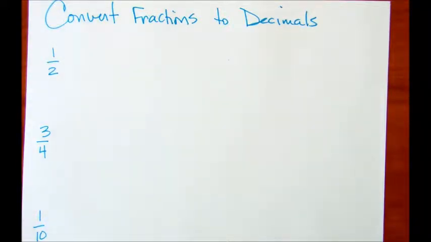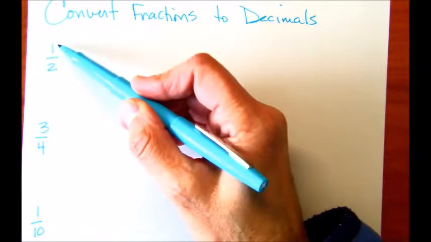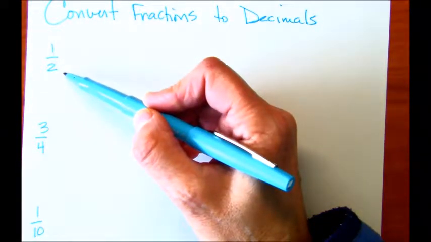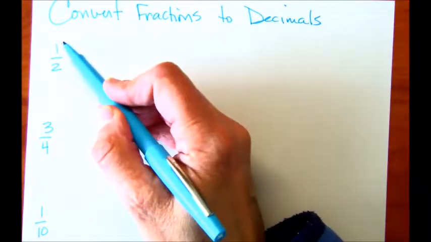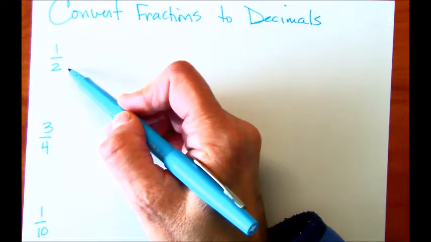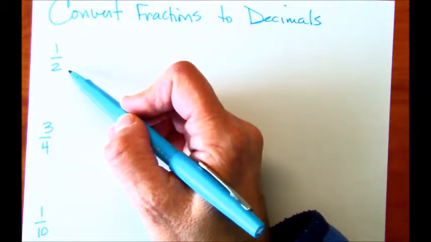I'm going to show you some examples of converting fractions to decimals. Now, when we've talked about fractions in the past, we've also talked about how they are also a division problem. This is really 1 divided by 2. Even though it looks like 1/2, 1 being the numerator, 2 being the denominator, but this can also be read